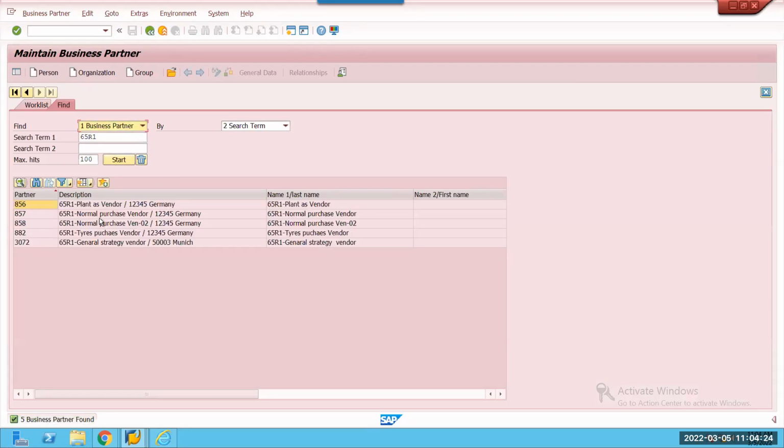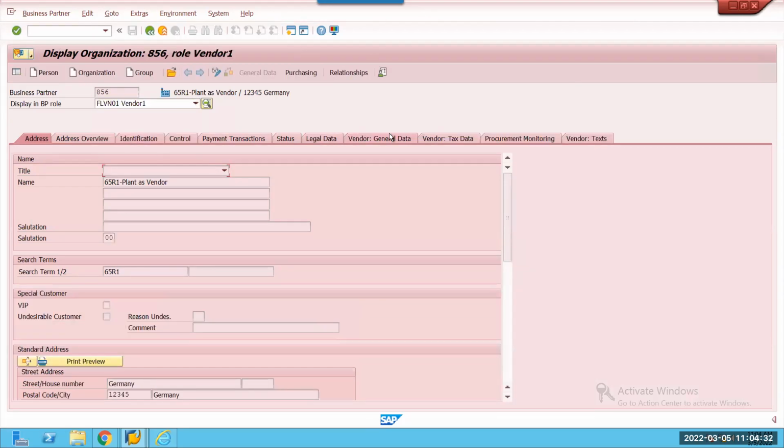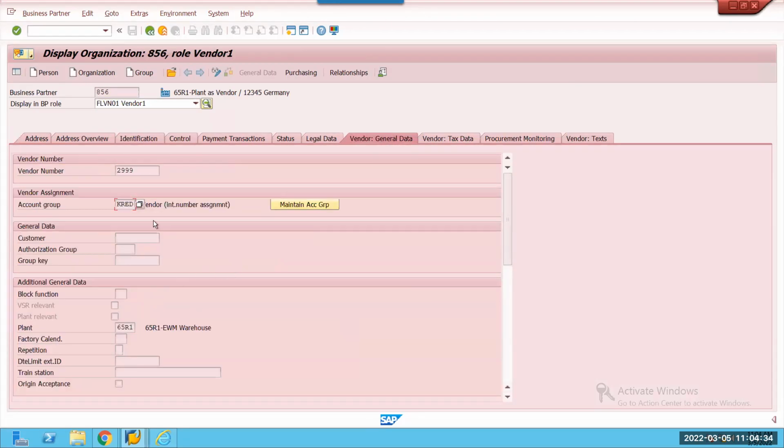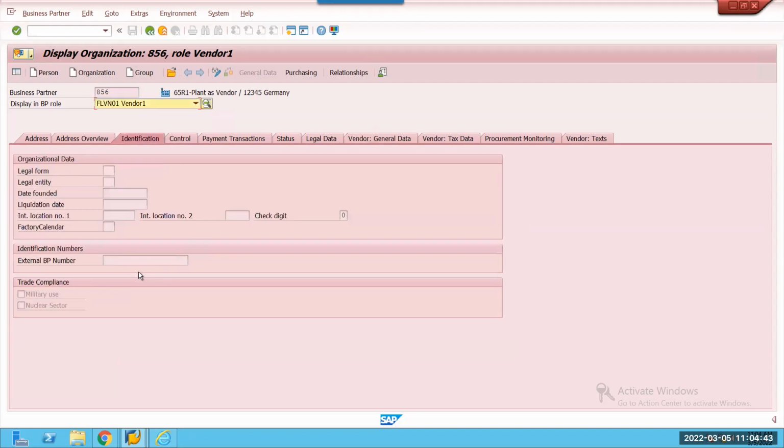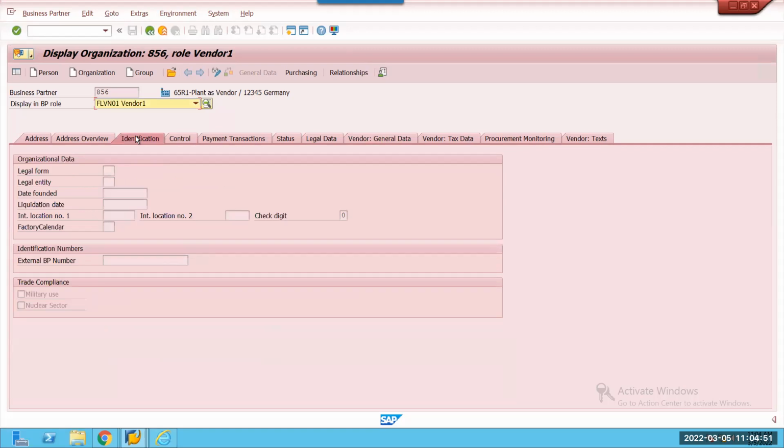65R1, I think plant as a vendor, if you see it over here. FLVN01, go to vendor general data, because it is EWM. In S4 HANA I maintained it over here. Otherwise, there is an identification over here. You are going to maintain it somewhere here, identification card tab.